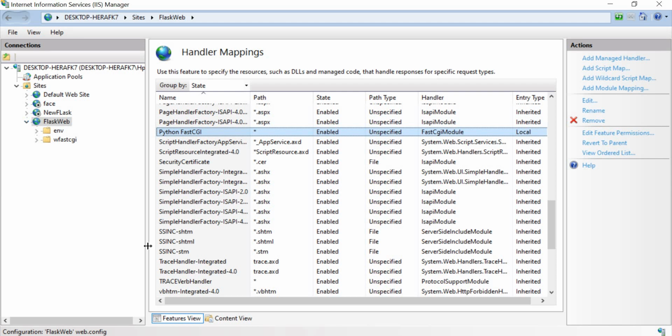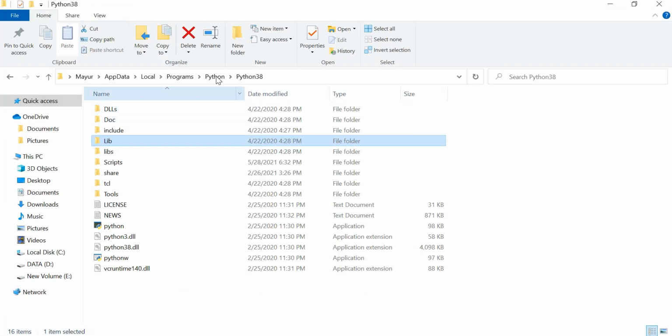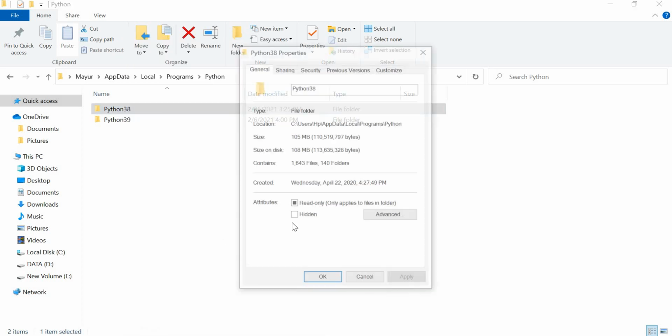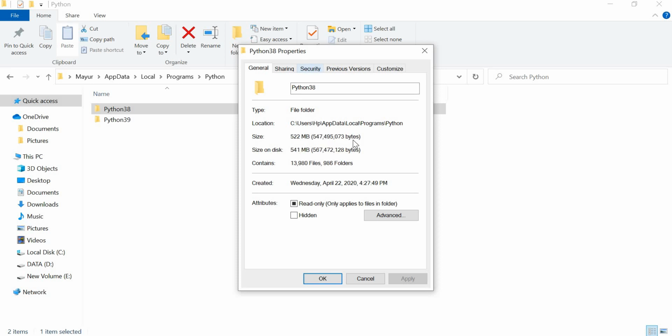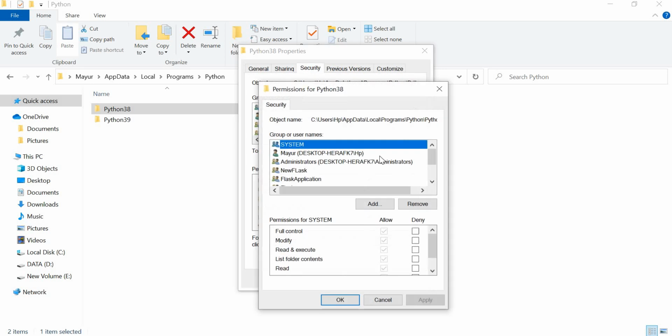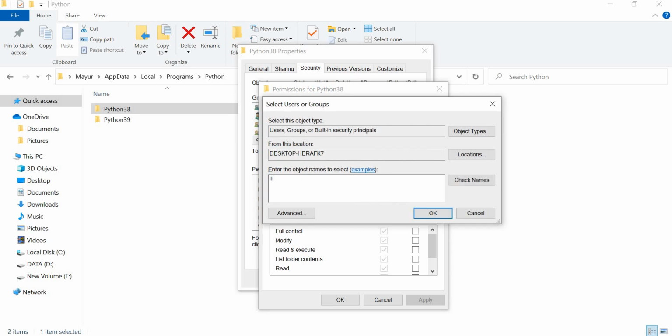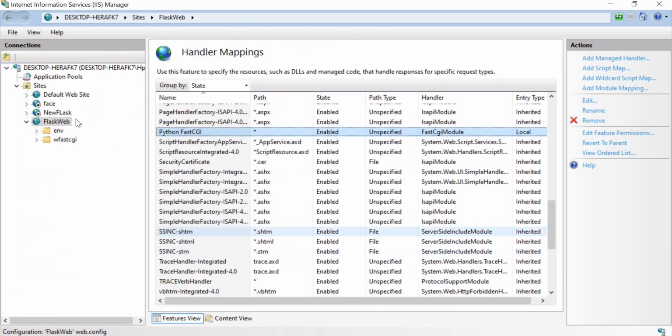Now the next step, we need to give access to the folder, right? So first of all, we'll go to this Python folder. We need to give access to this folder, okay. So right click on the 3.8 version, then click on Security, click Edit, then Add, then IIS AppPool, then your application name, that is Flask Web, right?